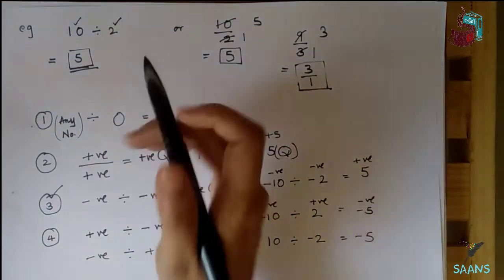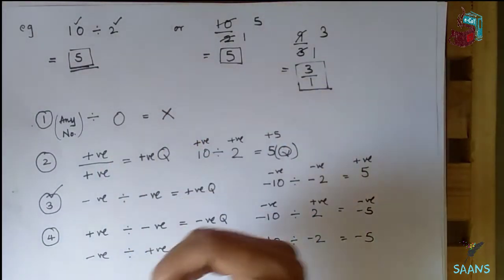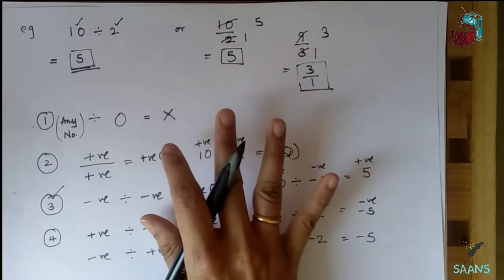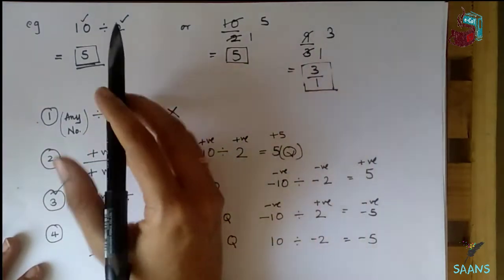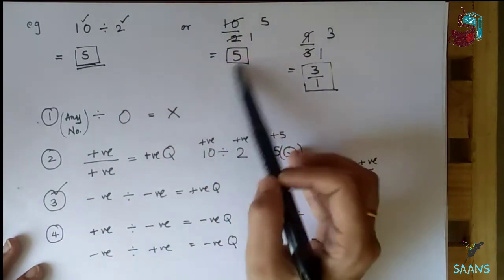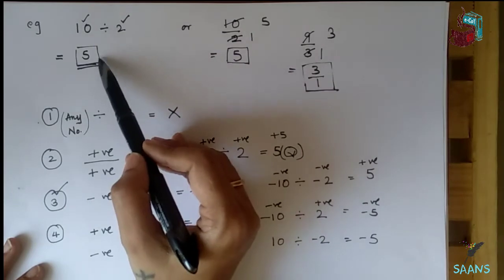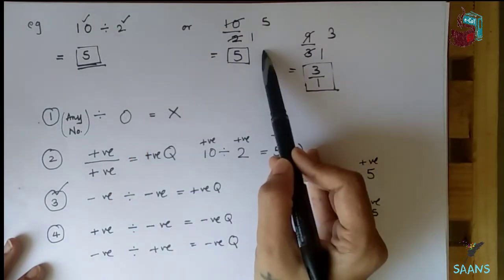So we had started with division of integers. In that we discussed a few guidelines that are given in the textbook, so I have stuck to those guidelines specifically. So you're going to divide two integers. 10 divided by 2, the answer is 5. You can write it like that also, 10 divided by 2 or 10 upon 2. It means the same thing. The answer is 5. This 5 is nothing but the quotient.